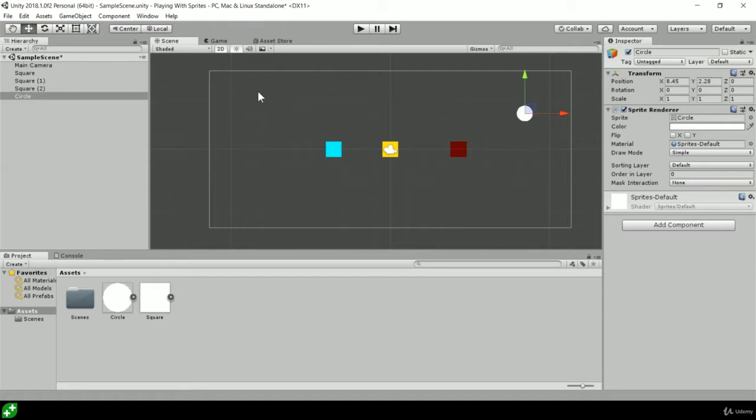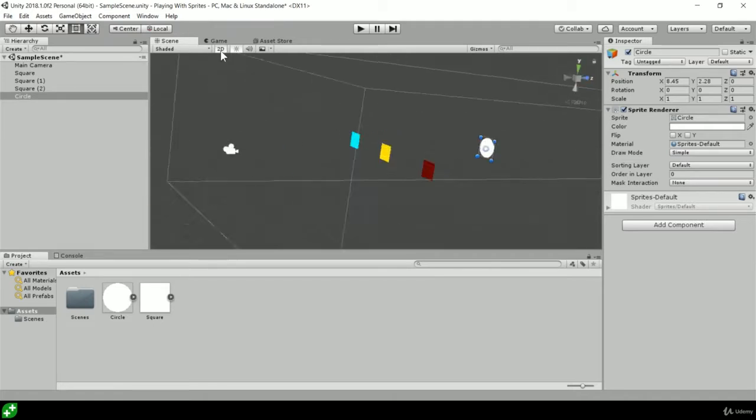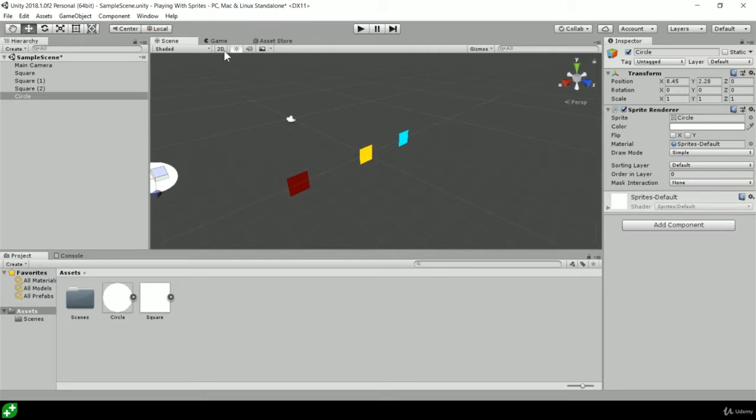Now I'm going to show you something here. We're not going to play around a lot with 3D in this course. That's in our other course. We're focusing on the challenges and the benefits of 2D. But if you were to jump up here to the top, just underneath where our game tab is at the moment, you'll see a button 2D. If we click on that 2D, that toggles between 2D and 3D. So if it's not highlighted, we're currently in 3D,